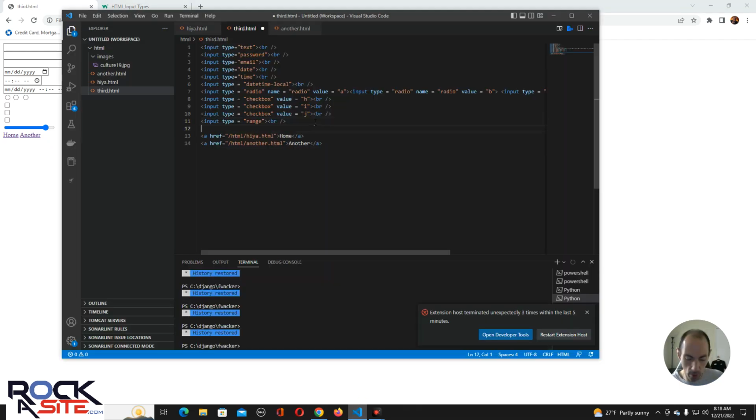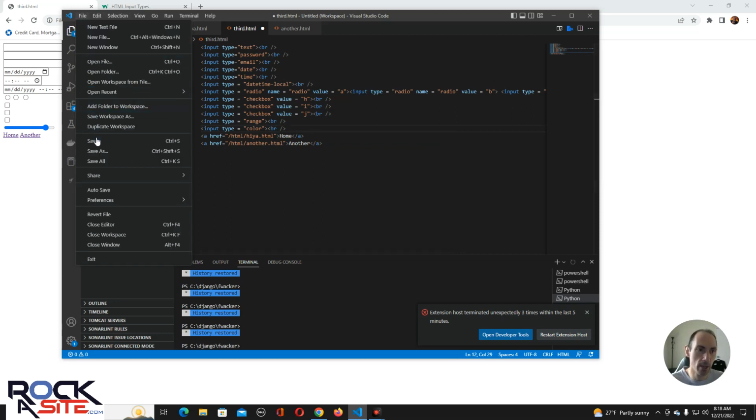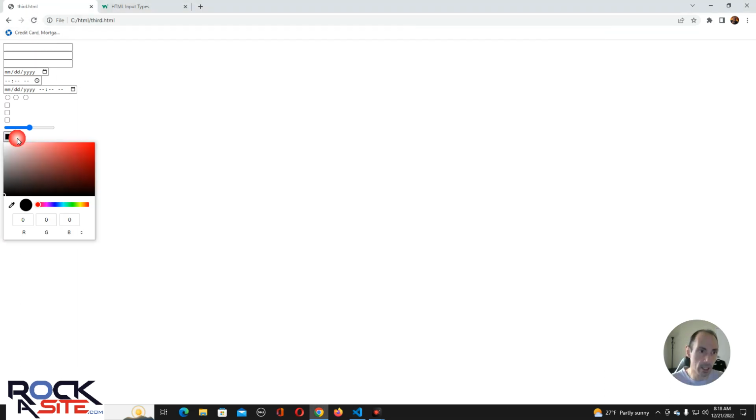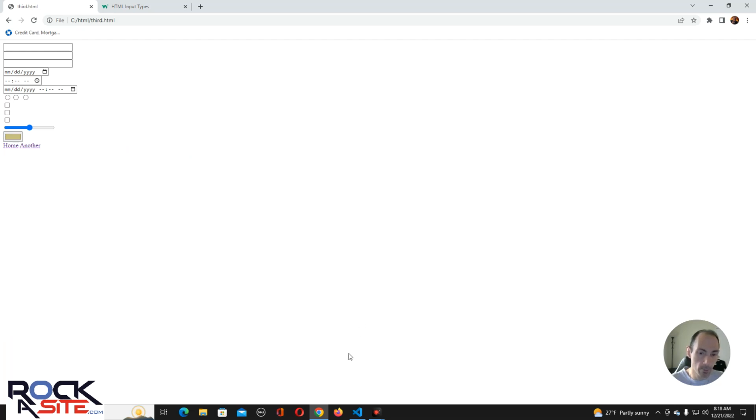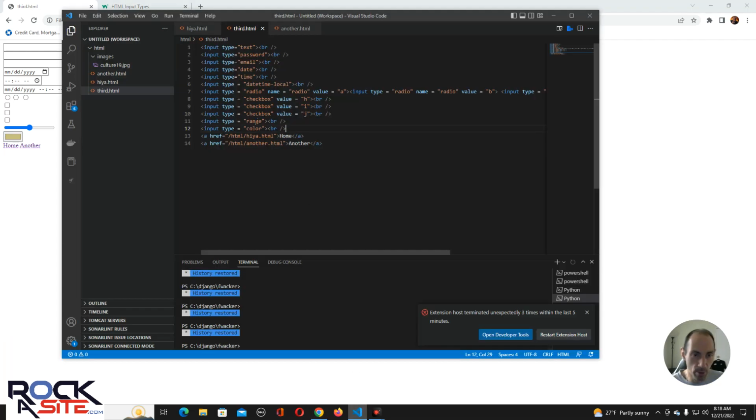You can do color, which is a color picker, if you wanted. And I'm just showing you these things so you get an idea of the simplicity in all these amazing things that you see. See, color picker. You could style this. You can use JavaScript to make it a little bit more advanced. But every one of these input fields,